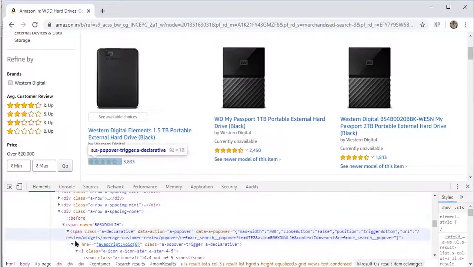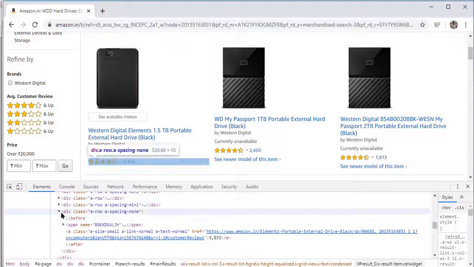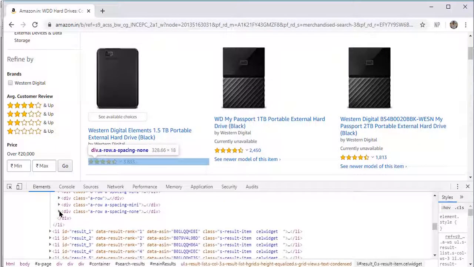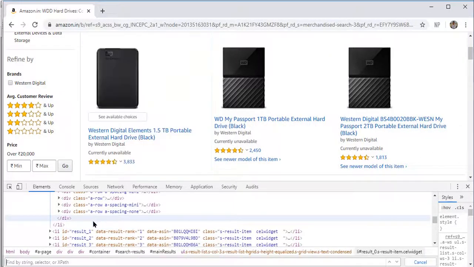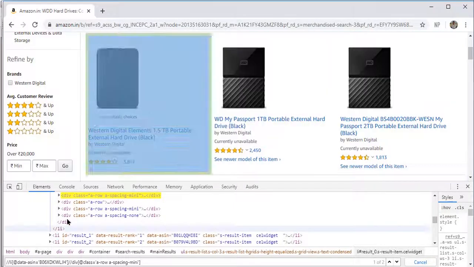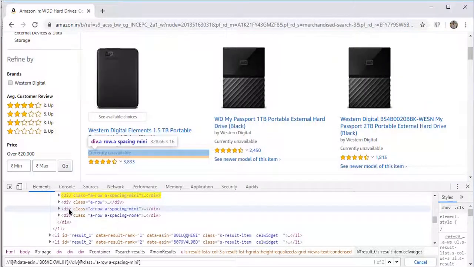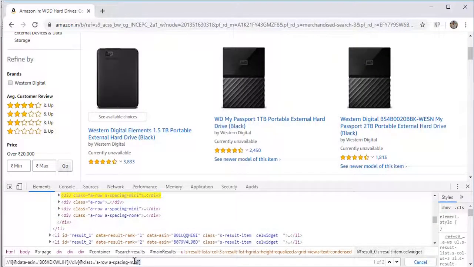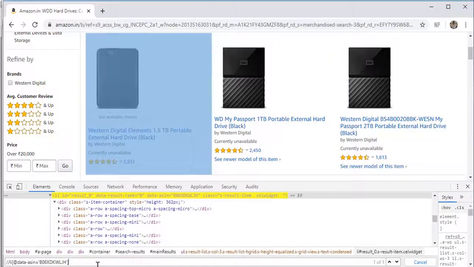Here I will spy. Suppose this is one LI, so one product. What is common in that?